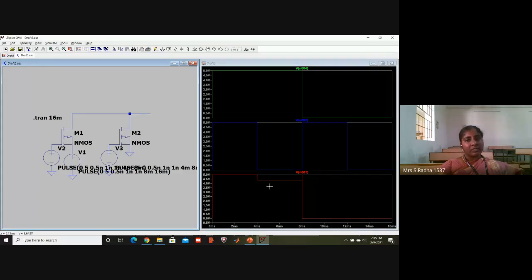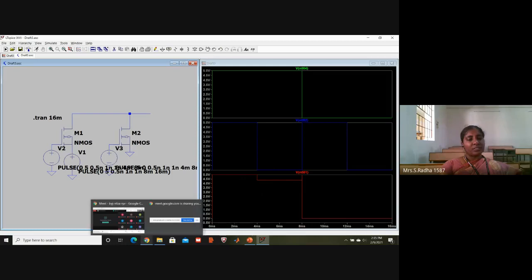That shift from 1 to 0 is not proper. That is called a glitch, and that is the disadvantage in pass transistor logic. Such things will be overcome in transmission gates. This is because of the concept of strong 1, strong 0, weak 1, weak 0. The decrease in amplitude is shown but not happening properly. Again 0 is maintained, and it comes down to 0. Okay, so this is about the AND gate.